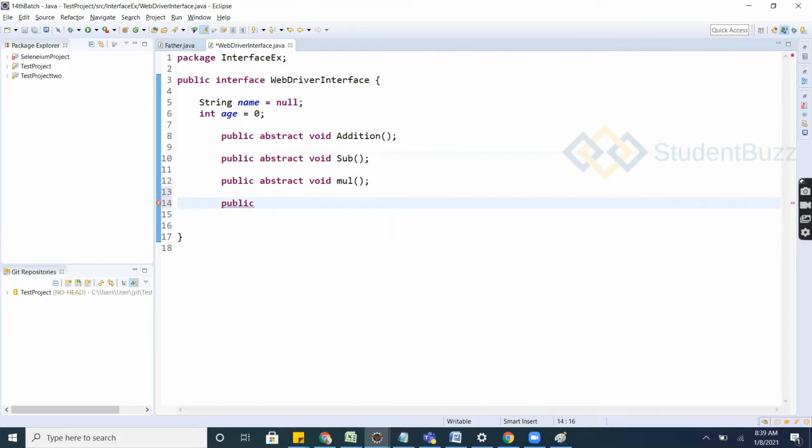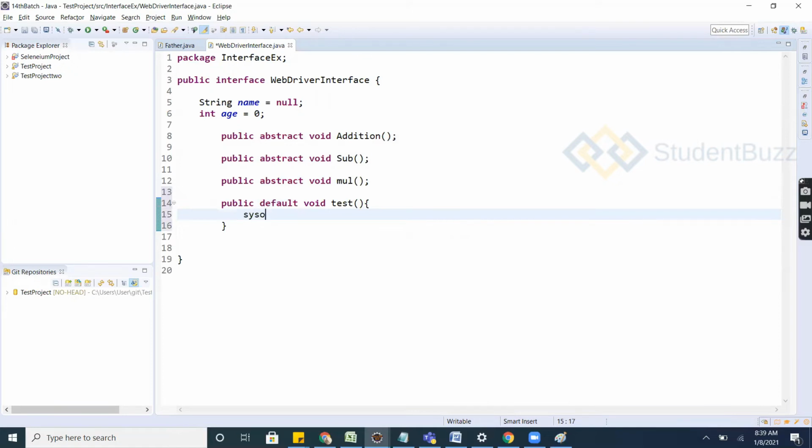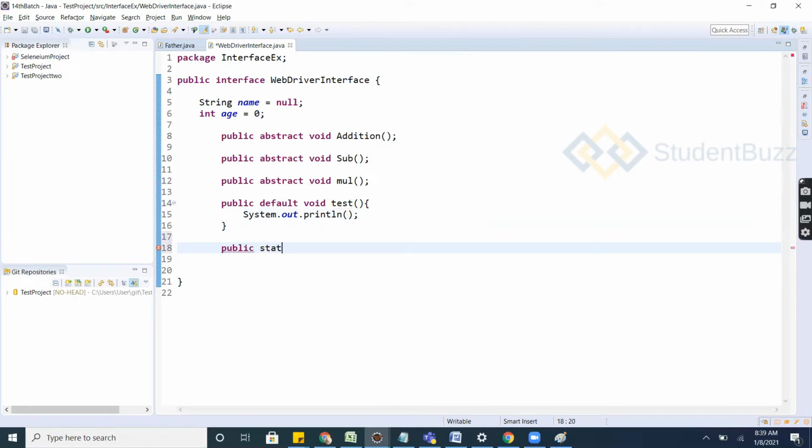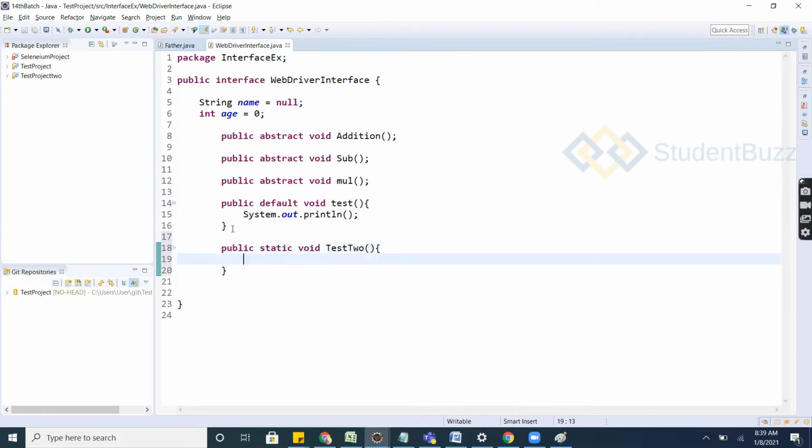Public default. Default methods can have a body. Apart from default methods, what other methods can we use in an interface? Public static. Static methods can also have a body. Most important question.